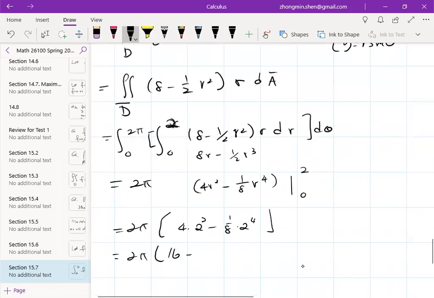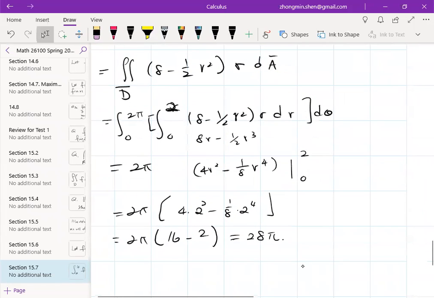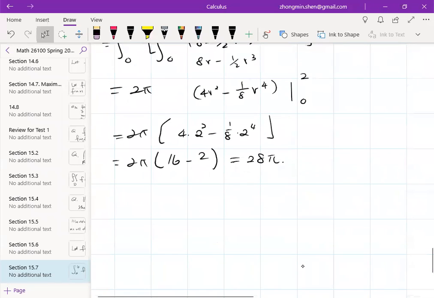16 minus 2. Yes. So 14 times 2, 28 pi. Right, so you get that. But of course, you can say, I want to use a cylindrical coordinate, but you will end up with the same double integral, triple integral, because when you look at this,